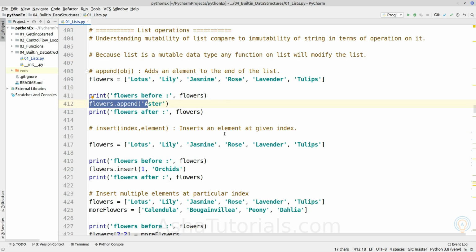Compare this with immutable data structures such as strings. As we saw earlier, when applying a function on a string object, it returns a new string object instead of modifying that particular object, and we stored the memory address of that returned object in a variable in order to take effect.